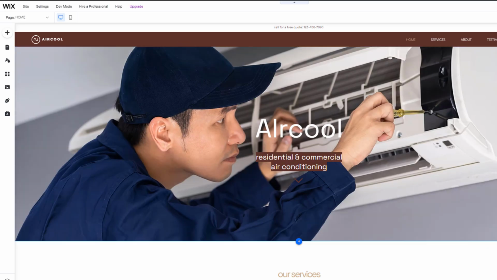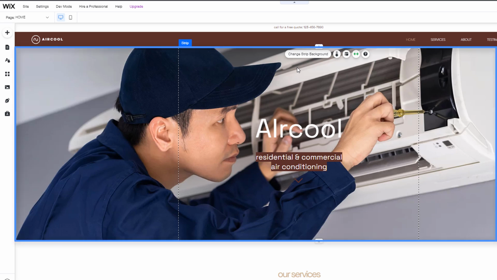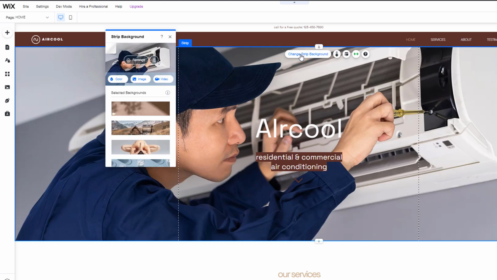You may have noticed I have used the word strip many times throughout this tutorial. Strips help design and organize your website pages into sections. For example, when I click in the top area of the homepage, it highlights the entire related strip with a blue line around it and brings up a set of options I can use to control the look and feel of this particular strip. As we've already seen, you can change the background of a strip using an image, video,